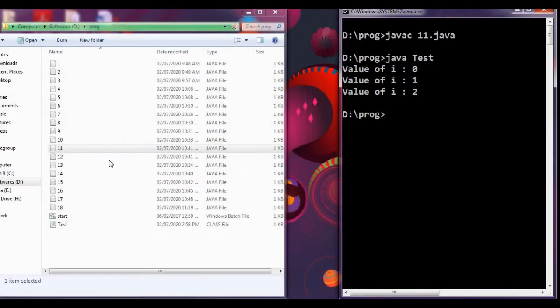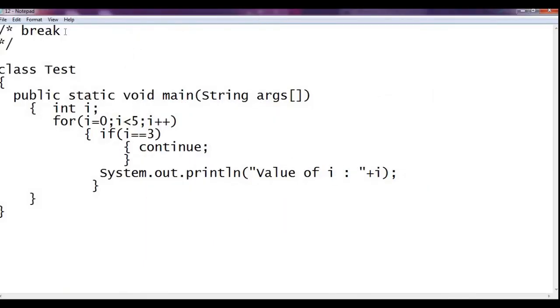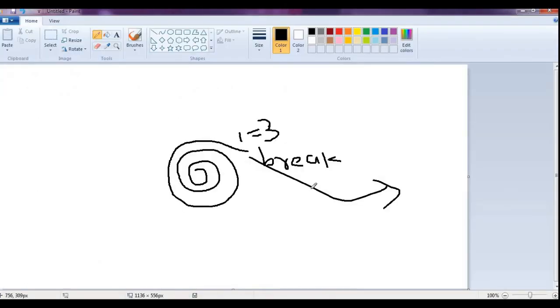Let us go to the now 12th program. It's basically the continue program. In this program, instead of the break, we have put the continue. The working of the continue is like this.